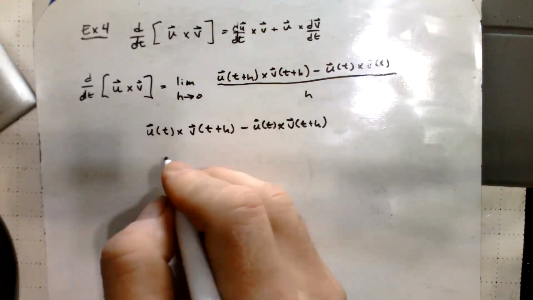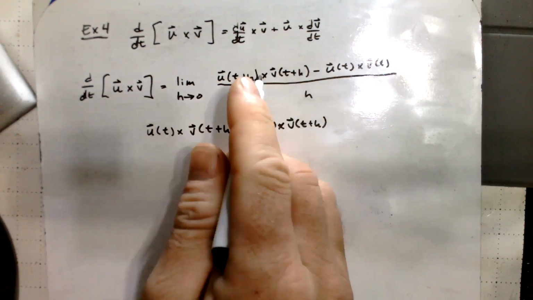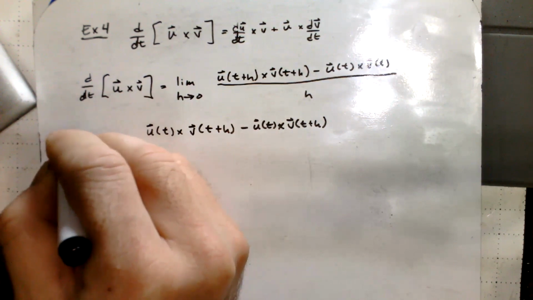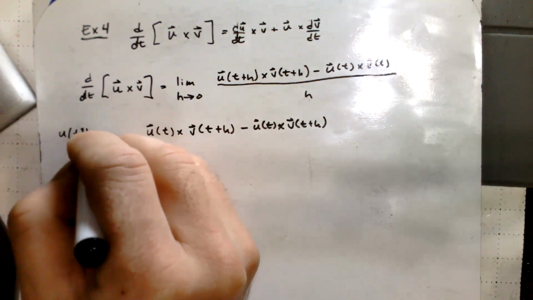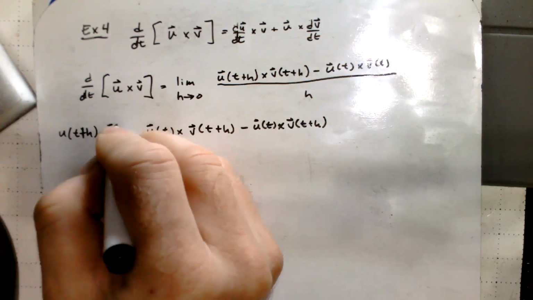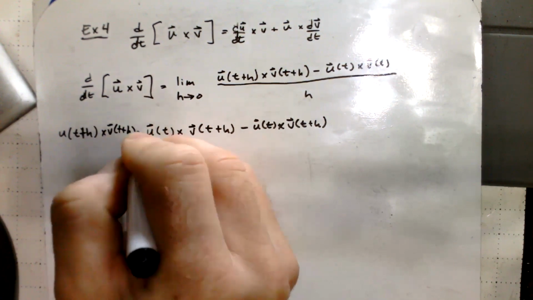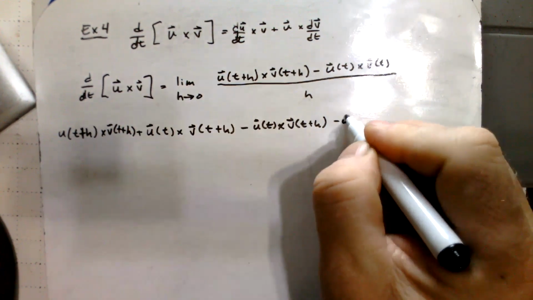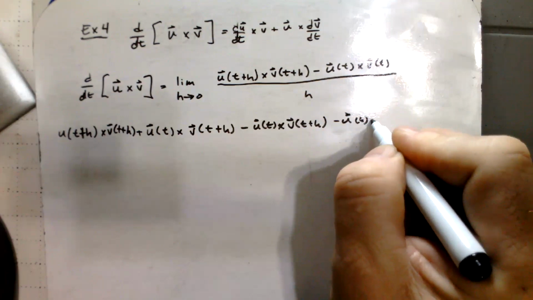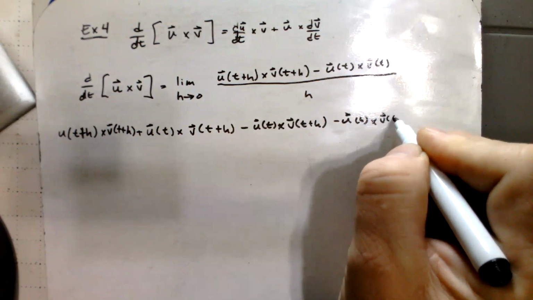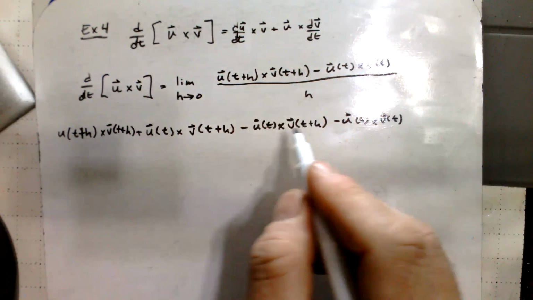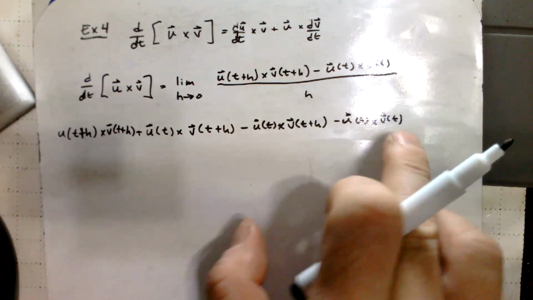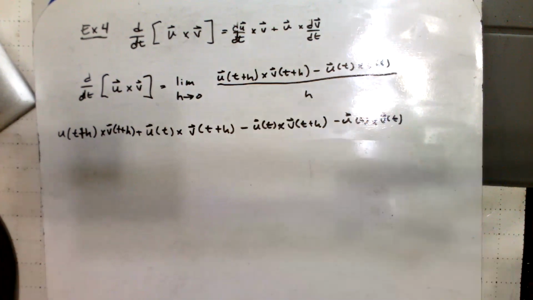Okay. All right. So let's go ahead and take this term and throw it into our limit. So I'm just going to write it around. We have u of t plus h cross v of t plus h, plus minus u of t cross v of t. Okay, so I'm just adding those in, subtracting. I'm ignoring the limit and the h for now, just so you can see the general form here. All right, and so if I do that,